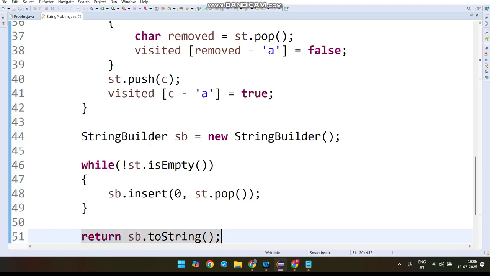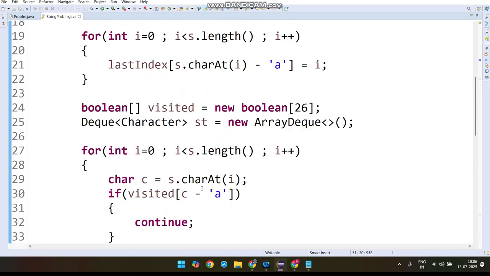So this problem has been solved. I will explain this whole thing in the next lecture, and we'll